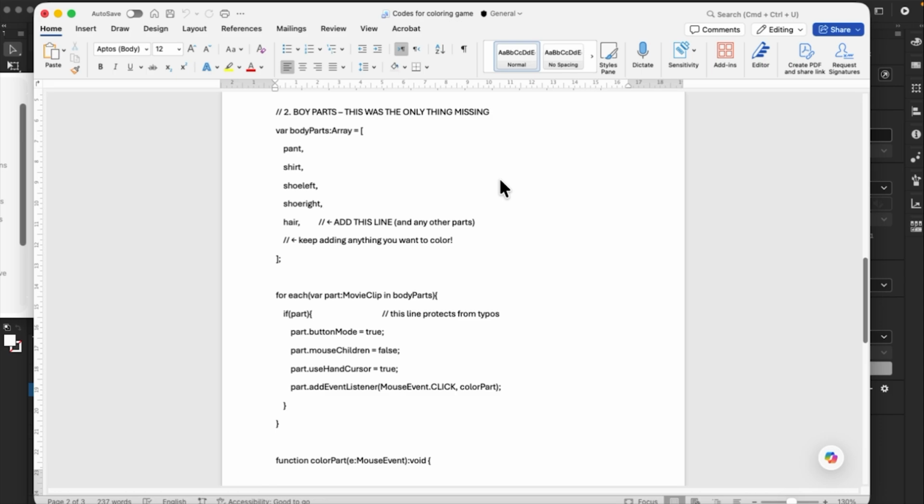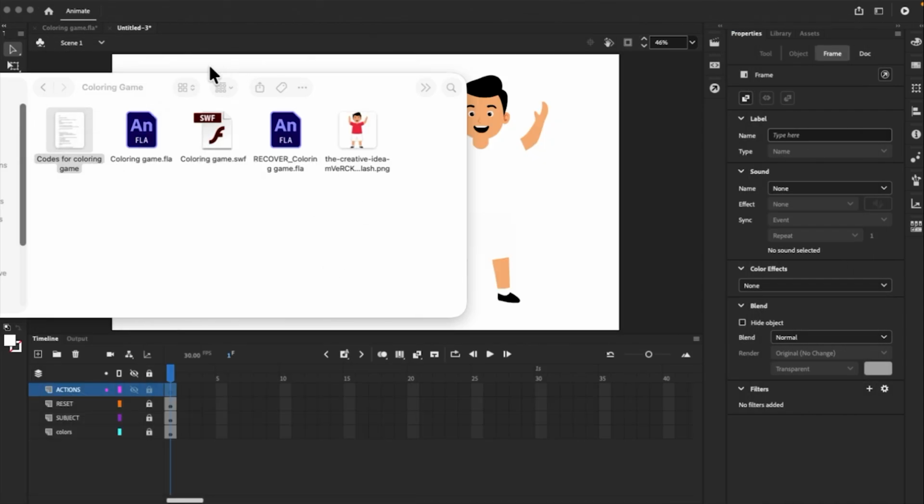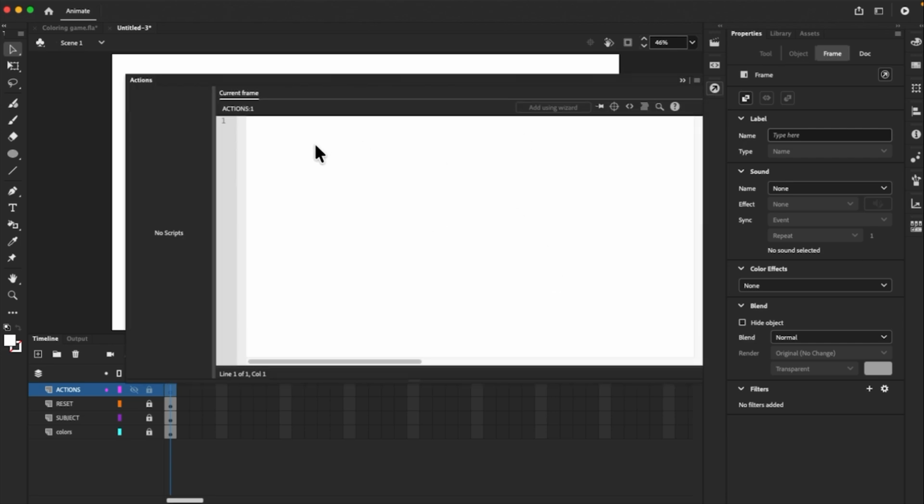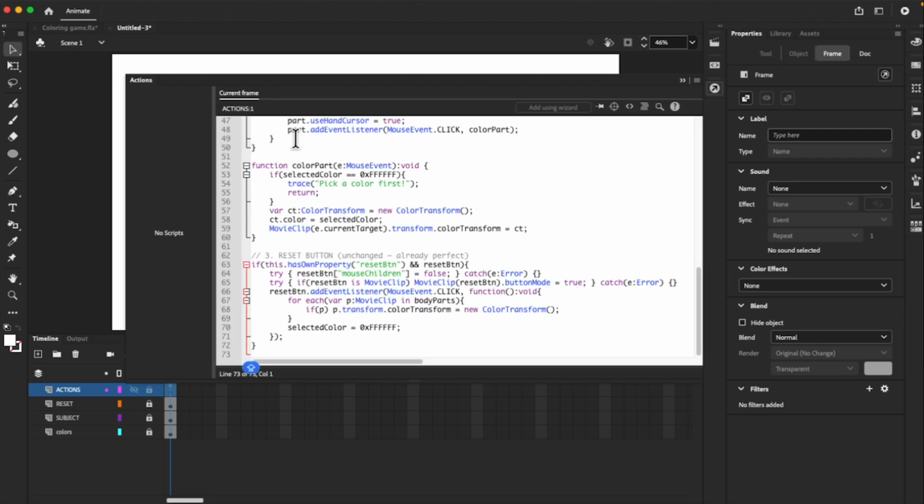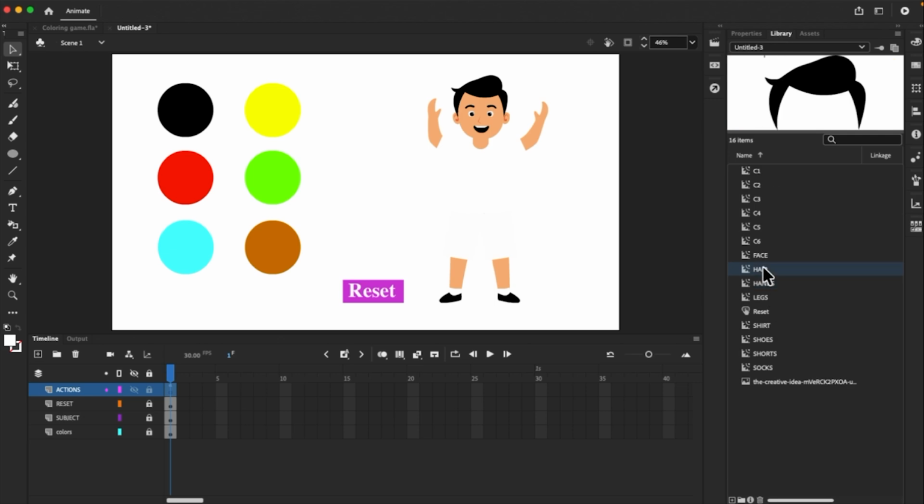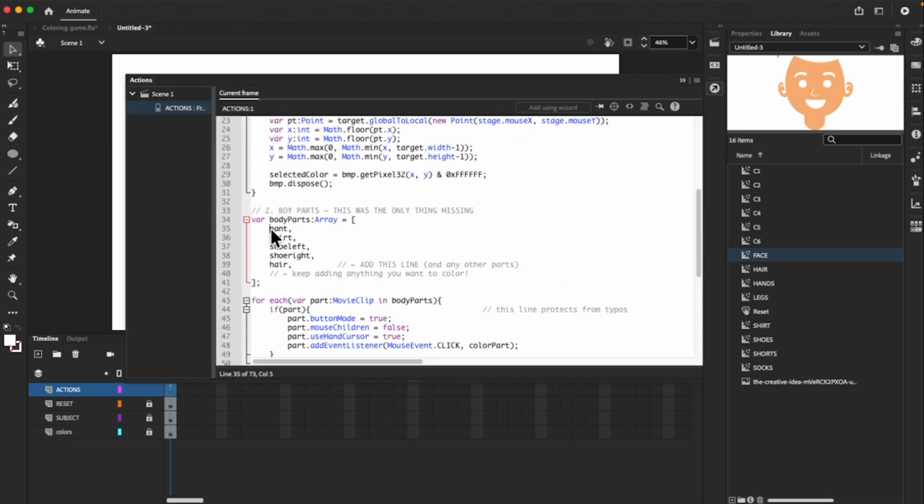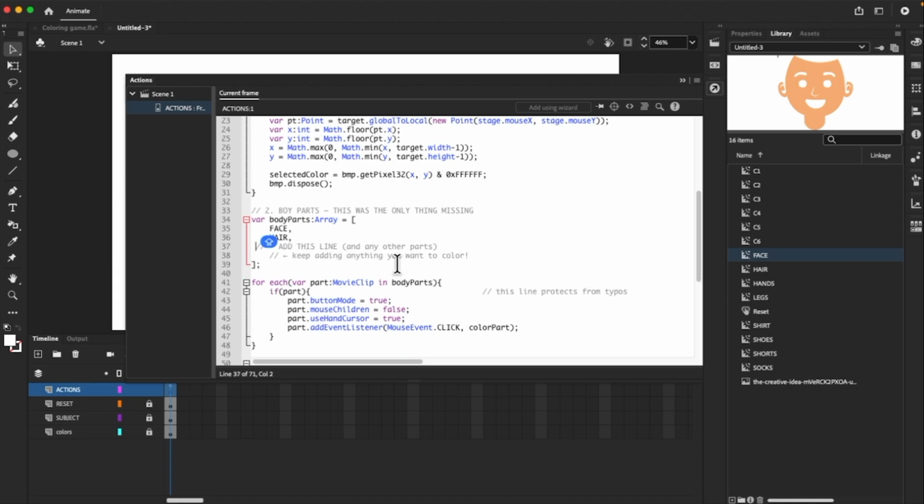So I'll just first copy paste the codes, Control A, Control C, and here's my actions, Control V. So what I'm going to do is, I'll just open my library. Since I've given the same instance name, I'll just copy from here. Okay, so actions, I'll just go up to this part, I will just click and I will add these names. Hair, then we have hands,